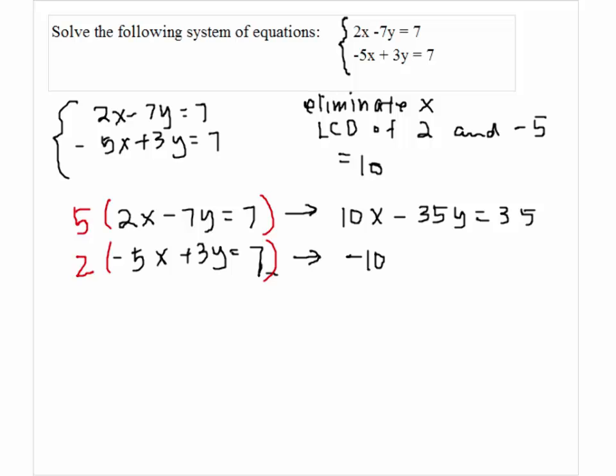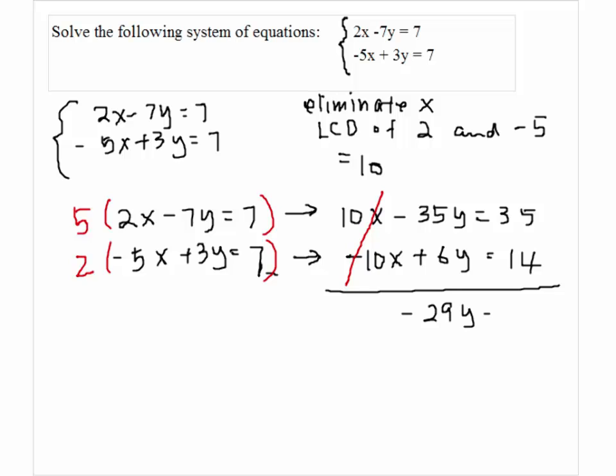And the bottom equation becomes negative 10x plus 6y equals 14. When we add these two equations, notice that the x terms are gone. So we're left with negative 29y equals